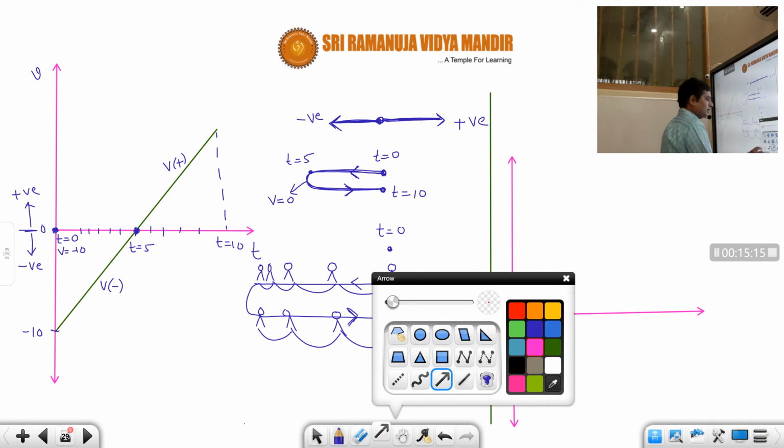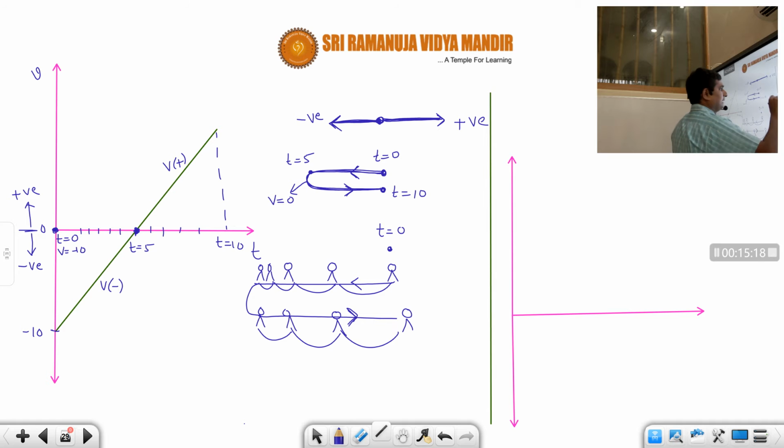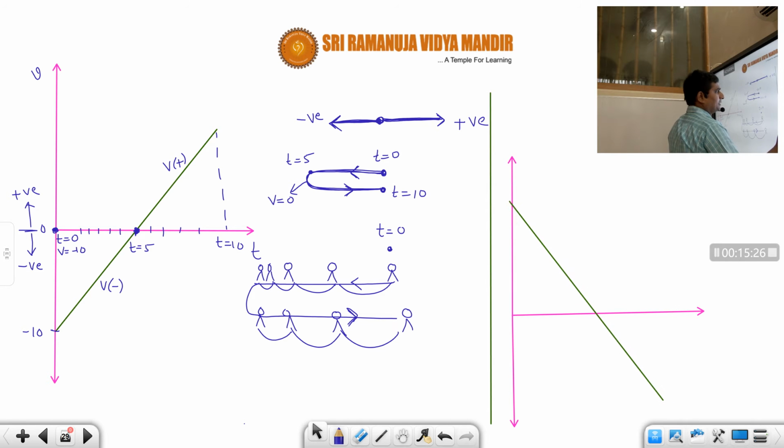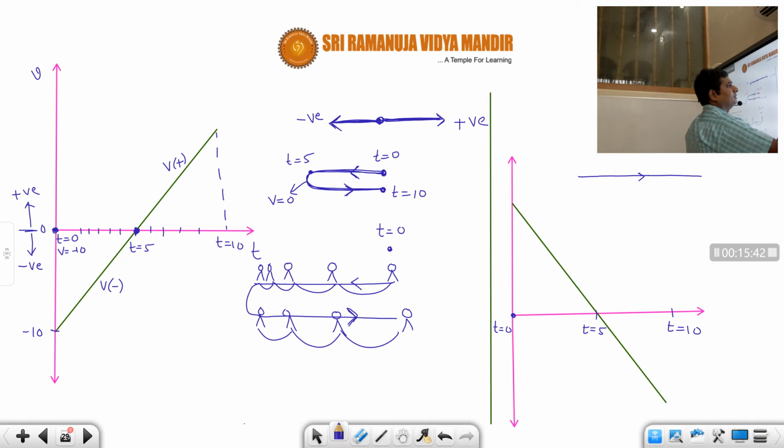Okay, now see here students, suppose the graph given is like this, then also it will take a U-turn, correct or not? Why? Because some part is above the time axis and some part is below the time axis. So from time t equal to 0 to, suppose this is time t equal to 5 and this is time t equal to 10. Now up to 5 seconds it is above. So that means it will travel towards the right side because it is positive. And of course it decreases, but it is traveling towards the positive direction.